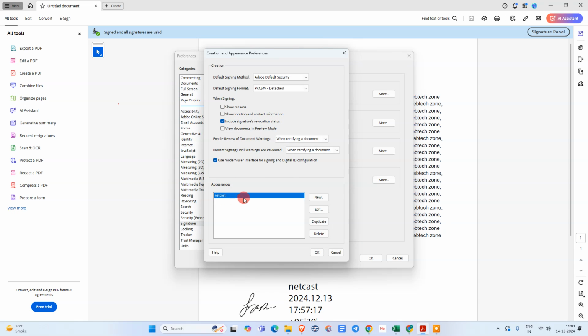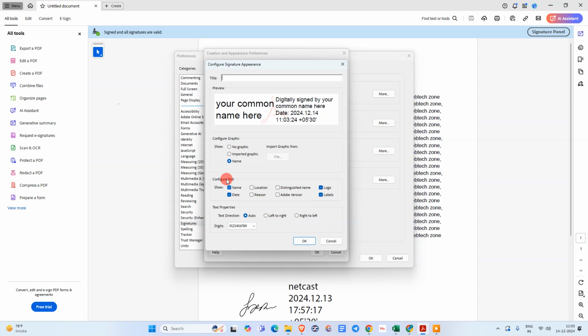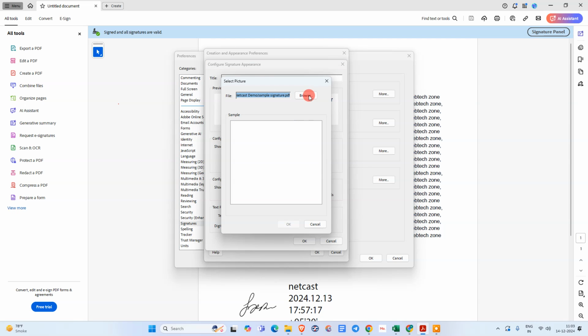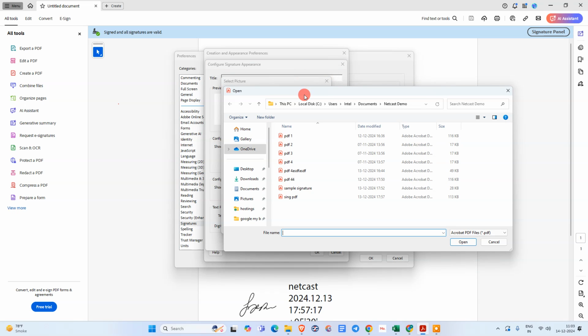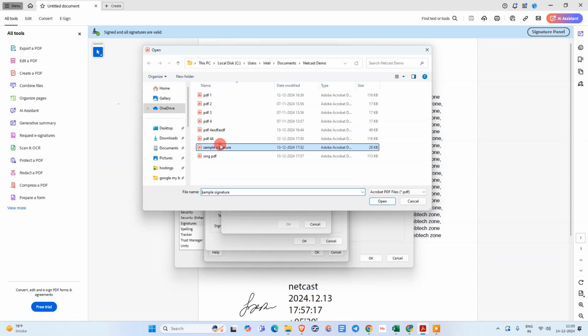I have already created this, so I just delete it. Go to the new, and here you need to give the title of this signature, and here you need to click on this import graphic, go to the file, go to the browse, and you need the signature in